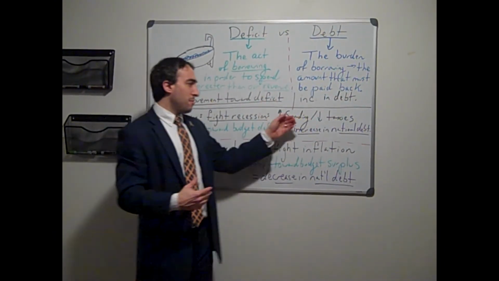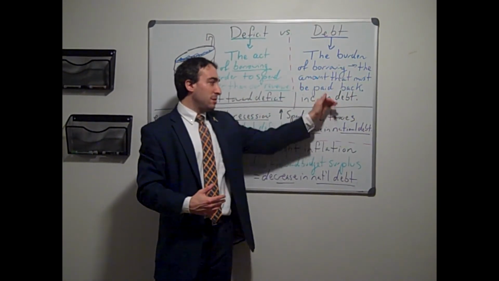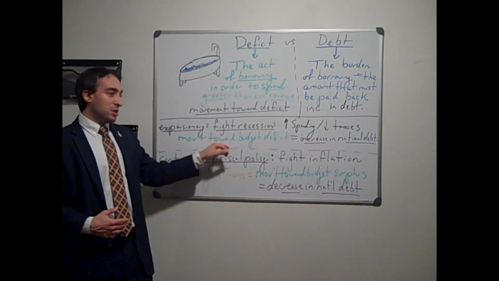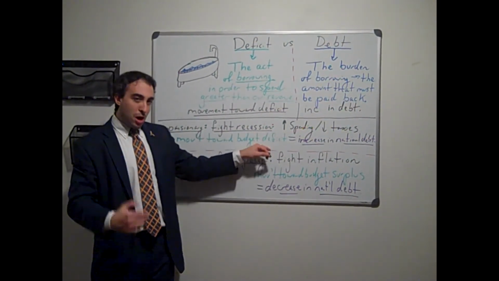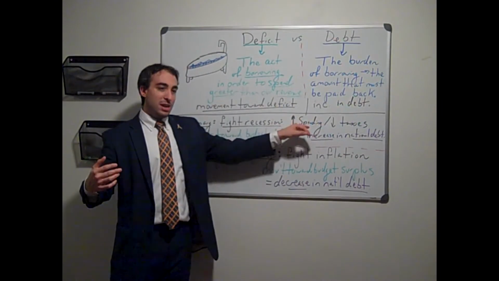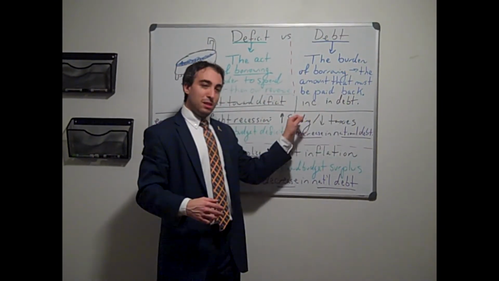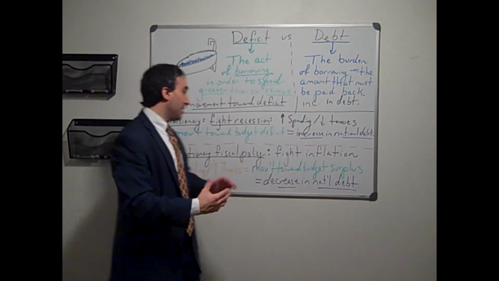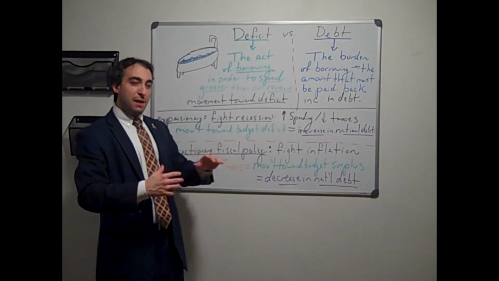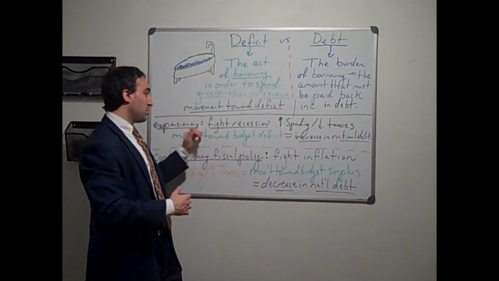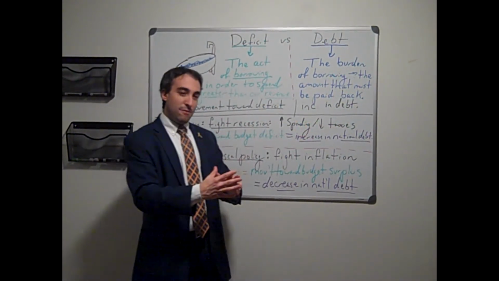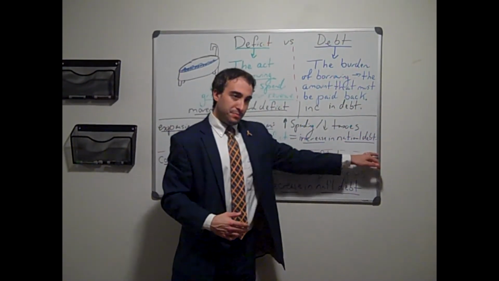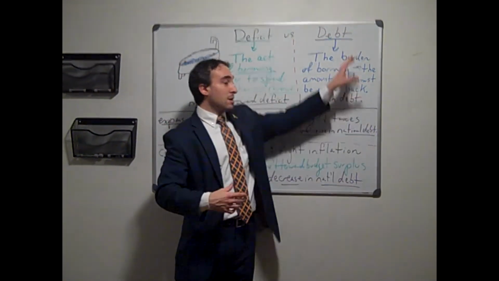However, how can the government increase spending while decreasing revenue? As we said before, it would have to move toward a budget deficit. It would have to borrow in order to spend the money. If it doesn't have the revenue to spend the money, it has to make that gap up. It makes that gap up by borrowing money. If the government borrows money, it would move toward a budget deficit, and it would then increase the national debt burden,